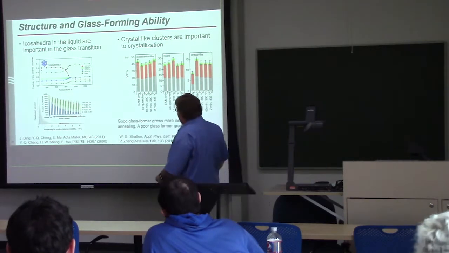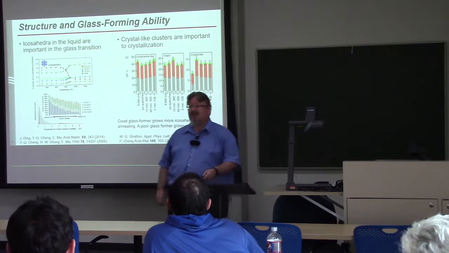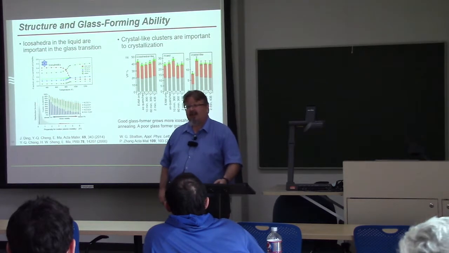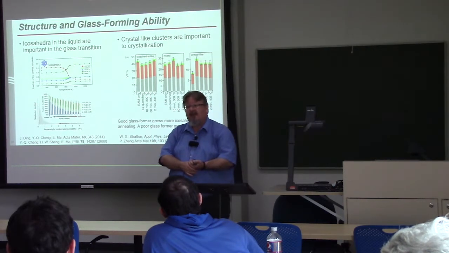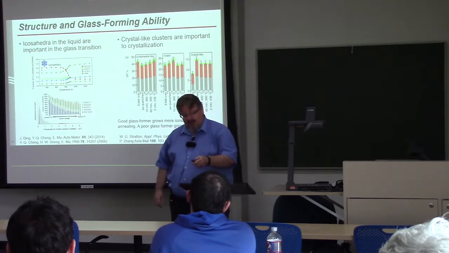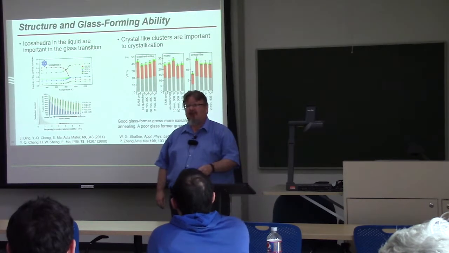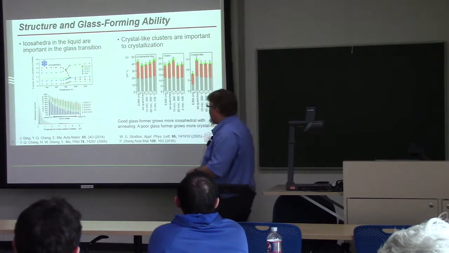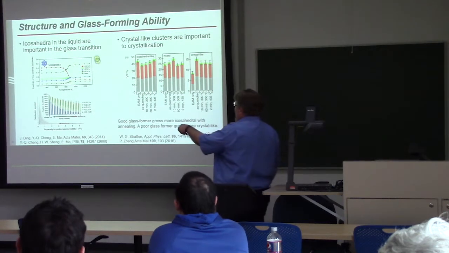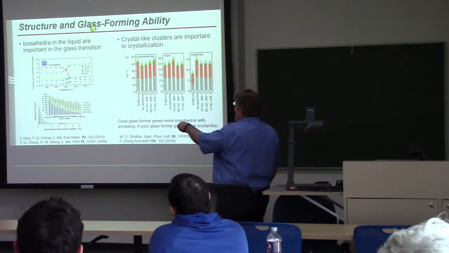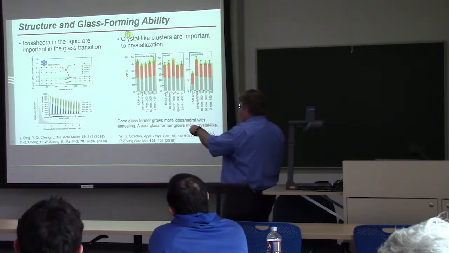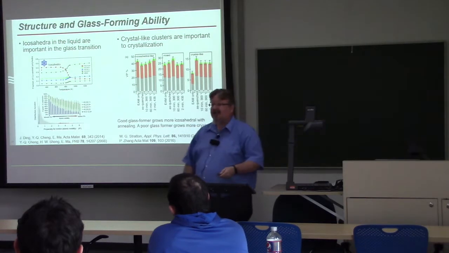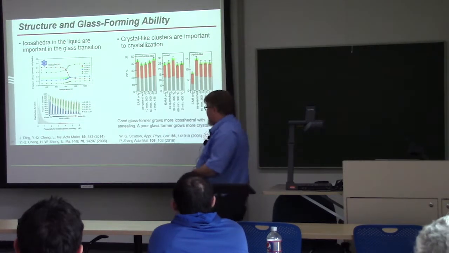So the reason that all of this kind of structure is important for metallic glasses is that it contributes to the processes and properties of the materials. So just to give you two examples of how that works, the structure of metallic glasses and liquids contributes to the glass-forming ability of a particular composition. That's its ability to quench into a glassy state, avoiding crystallization.